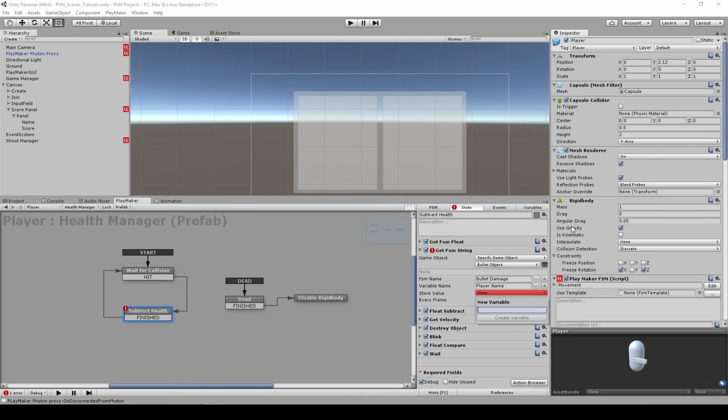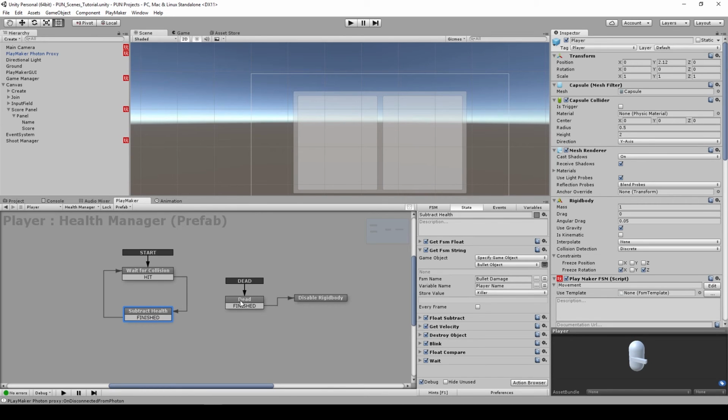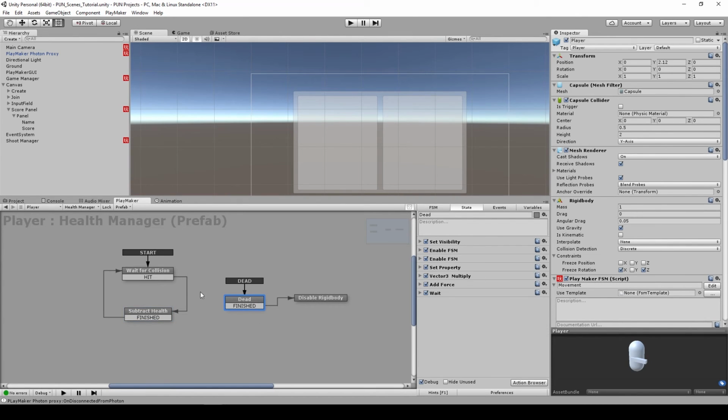Go back to our player prefabs here, and we are going to store the value to a new variable. So let's name this killer because basically we are going to check who shot the fire before the player is dead. So we are going to save this store value as a killer, and here under the dead we can check, or we can send that